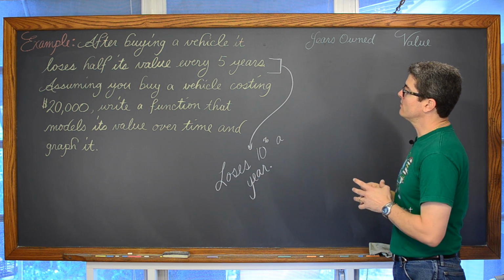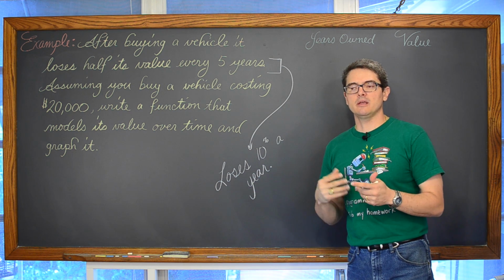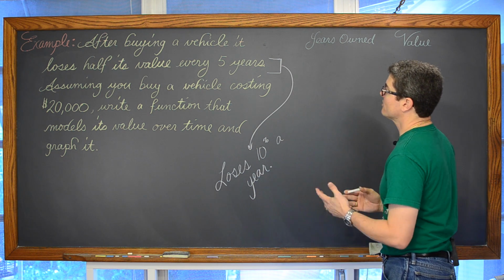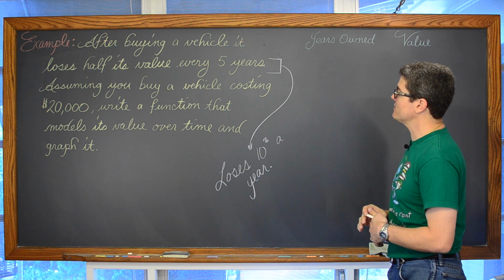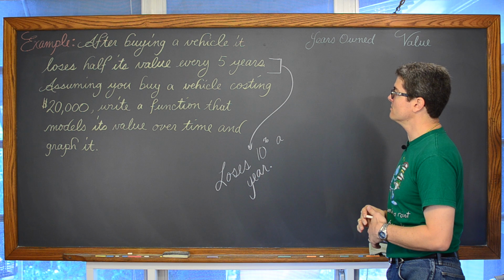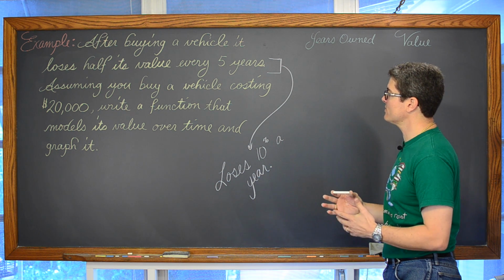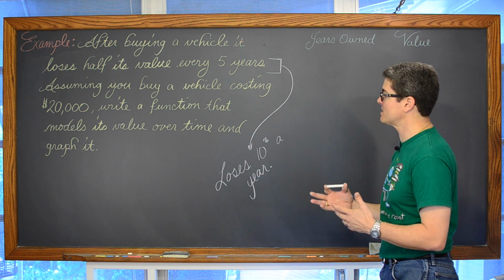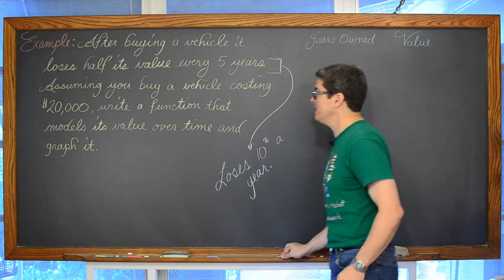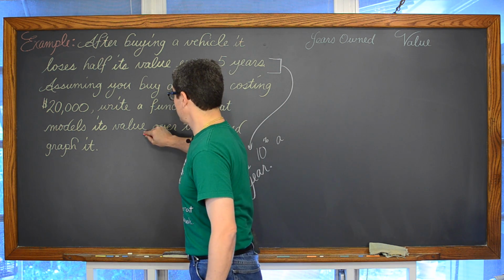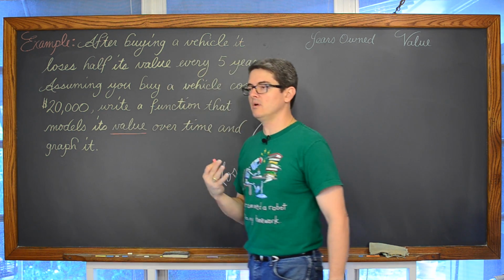Okay, well, first of all, what is going to be the independent and dependent variable? After buying a vehicle, it loses half its value every 5 years. Assuming you buy a vehicle that's costing $20,000, write a function that models its value. Okay, so clearly we need an equation that is going to describe the value of the